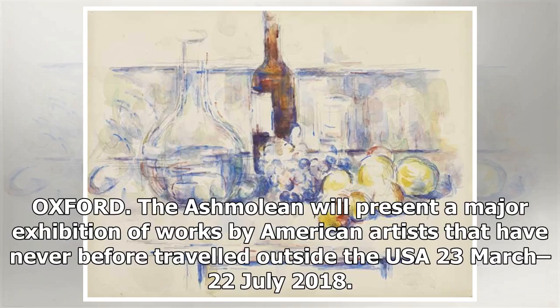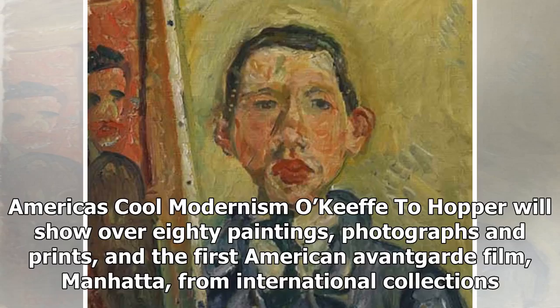Oxford. The Ashmolean will present a major exhibition of works by American artists that have never before traveled outside the USA, the 23rd of March to the 22nd of July 2018. America's Cool Modernism: O'Keeffe to Hopper will show over 80 paintings, photographs and prints, and the first American avant-garde film,